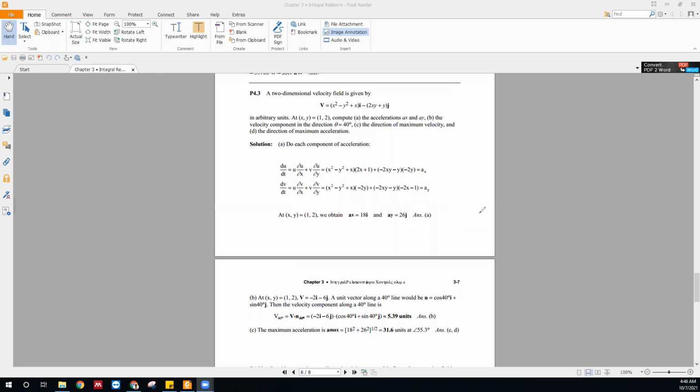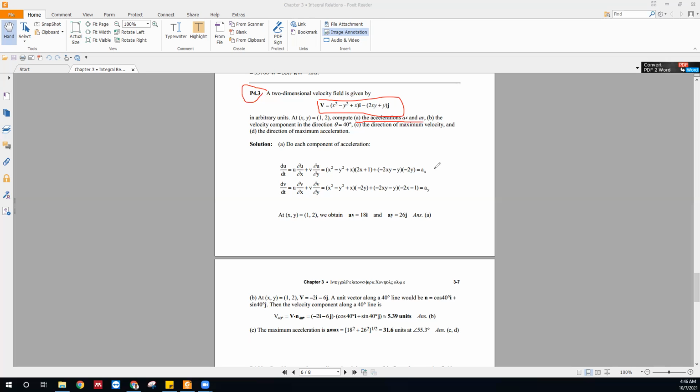Okay. Now, let's go for problem number 4.3. A two-dimensional velocity field is given. So this is the equation for two-dimensional velocity: V = (x² − y² + x)i − (2xy + y)j, in arbitrary units. Now, at position x, y equals 1, 2, compute